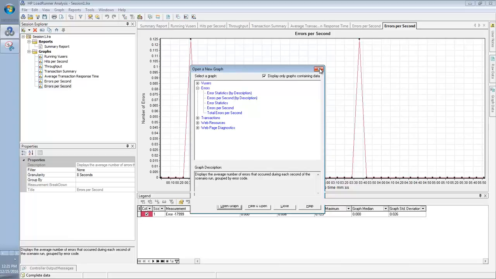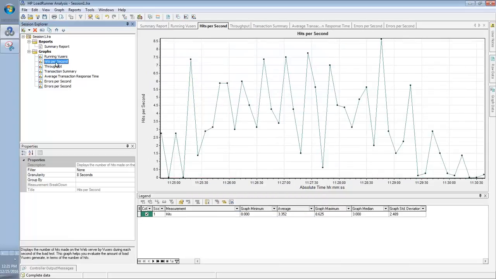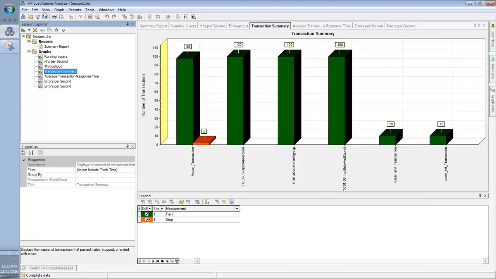And for each of the graphs, I have clicked copy graph, right? You can add another. Can you see the transaction summary, right? For each transaction, like open application, we have the transaction summary. Let's bring this transaction summary as well into our analysis report.